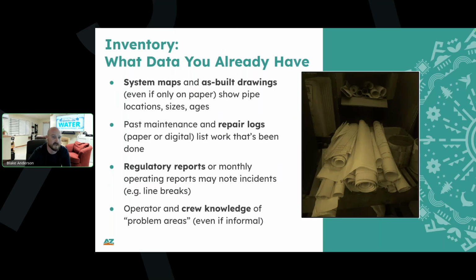Some of you might even report your major breaks monthly or annually to stakeholders. You could pull those reports. And let's not forget the informal data. You and your team probably already know the problem areas in your system by heart. If you've been operating a system for any length of time, you don't need a training like this to say, hey, these are 5 sections of pipe that are really causing us a lot of problems, but you need the data to be able to communicate it and make the justification. So all those pieces of data, when you pull them together, can create a starting point for you.